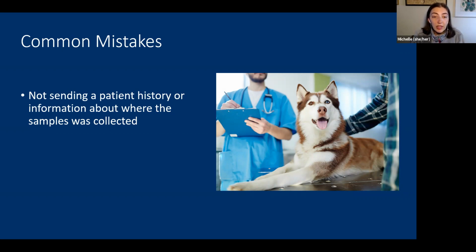And kind of like, I have a post in my Instagram about this for perianal mass. We're thinking it's probably a perianal adenoma or an apocrine gland anal sac adenocarcinoma. So,